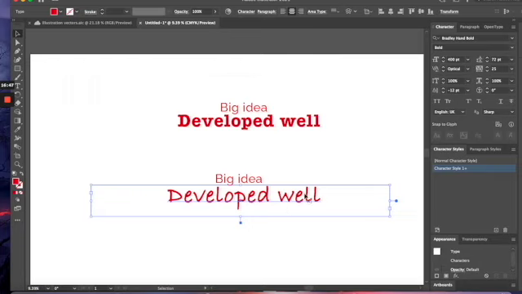This is not really helping because Big Idea is written in a formal font. This is written in an informal school type font. So the Big Idea looks developed, but the developed well looks underdeveloped. So they are doing the opposite of each other. That is, what is written and the quality of the font don't match. Instead,